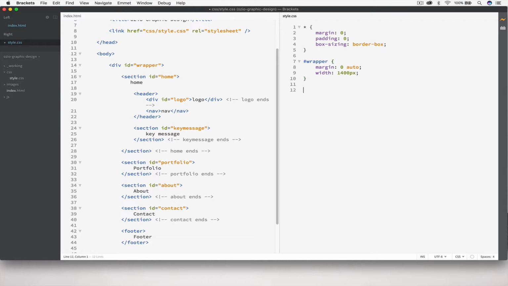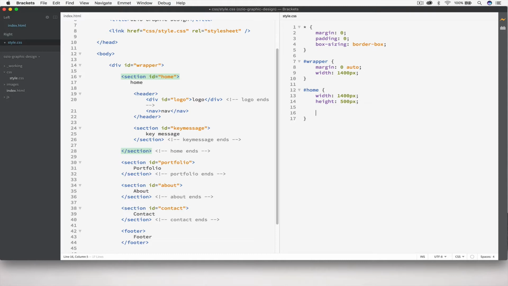The next rule I need to work on is the home. So underneath the wrapper is home. And it's an ID, so I do hashtag home, set the curly brackets again. And because this is a box, I know that the width is going to be 1400 pixels because it's the full width of the website. I know that this is going to have a height in it as well. And I'm unclear of the height right now, so I'm just going to put in 500 pixels as a dummy